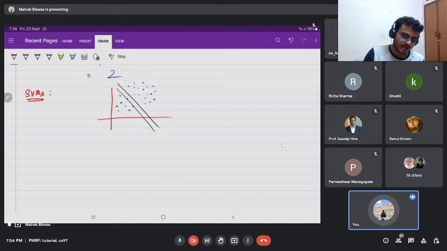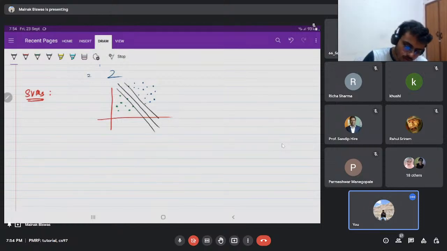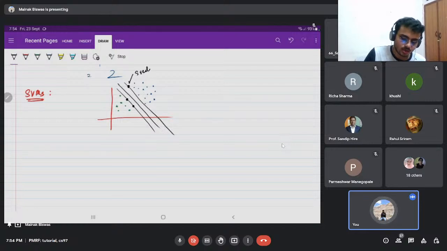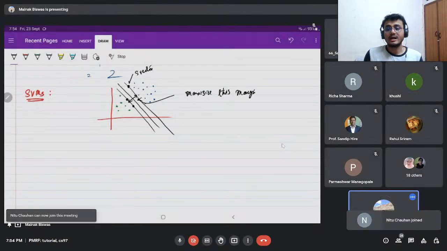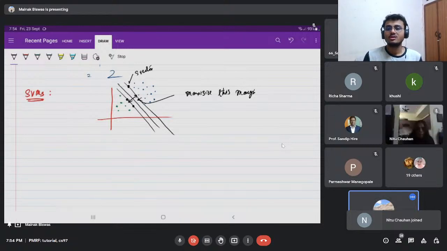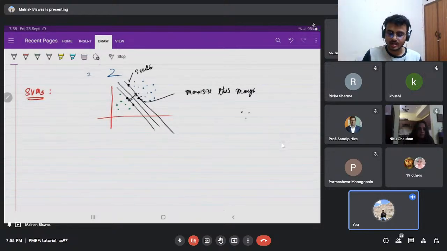I'm drawing a hard SVM over here. These are known as support vectors, right? What did you want? We wanted to maximize this margin, right? The idea was, and I had also drawn parallels with regularization in linear regression. We do a similar thing there,